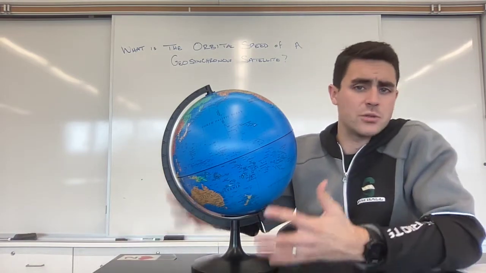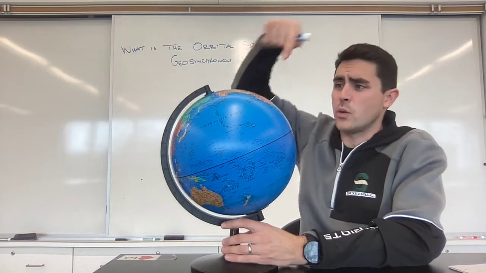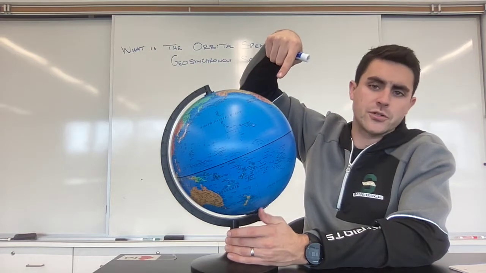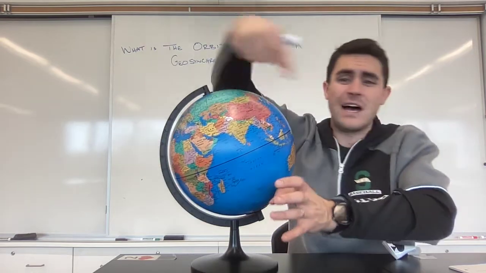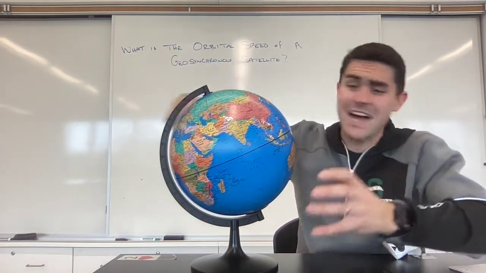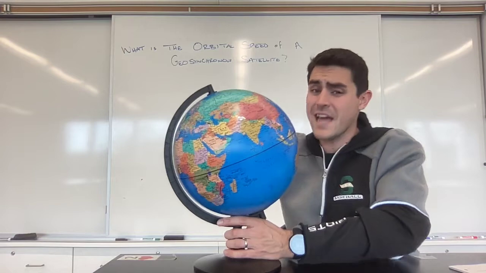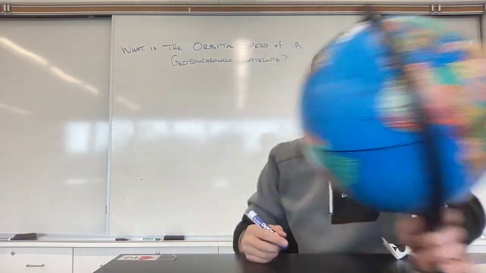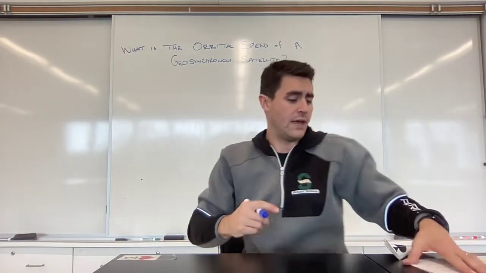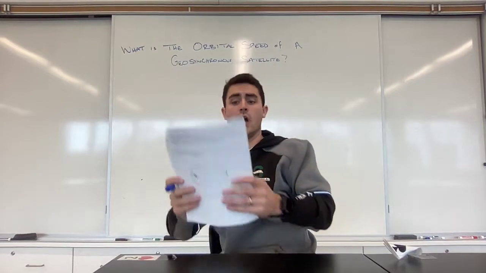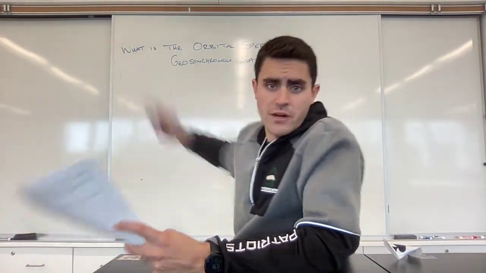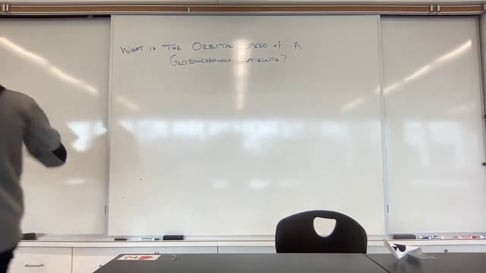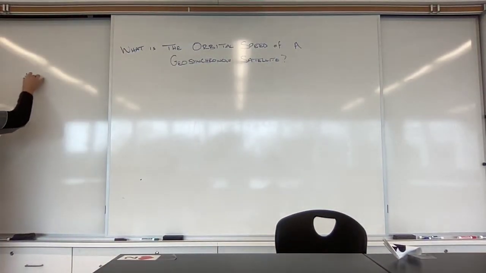Now, there's some weird things around that, but let's go ahead and discuss that. We'll calculate that. So a geosynchronous satellite means it's going to stay above a certain spot on my Earth the entire time. It's not going to fly around like the ISS. It's not in a low Earth orbit. It's actually in a very high Earth orbit. So high that I had to Google what the altitude of geosynchronous satellites are. So I'm going to write that on the board. A geosynchronous satellite typically has an altitude above the Earth